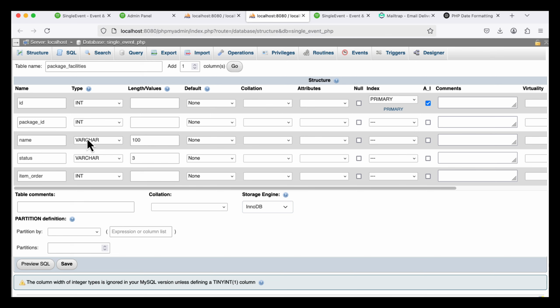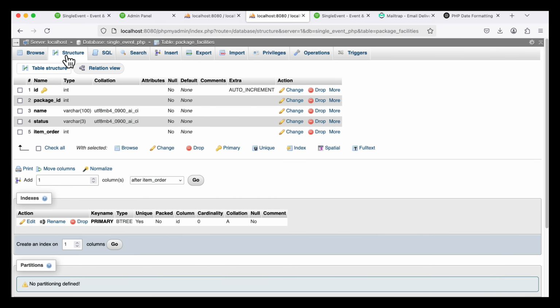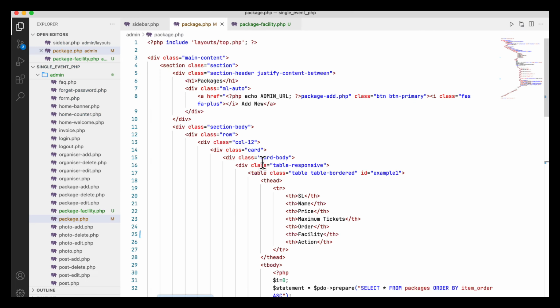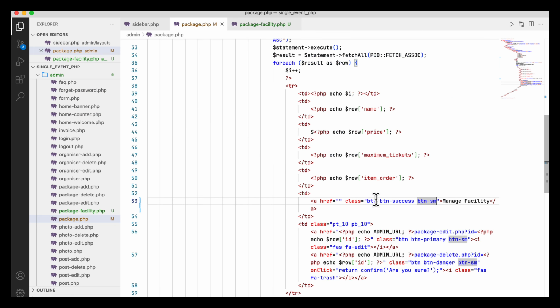So here actually nothing, no data is optional, so this is okay. Now click on save. This table will be created. So this one. Now when I click on the manage facility button, I will be taken to the